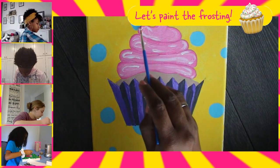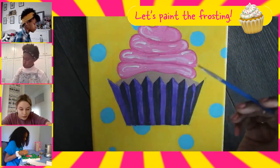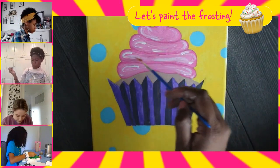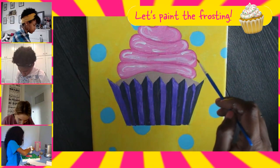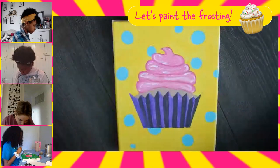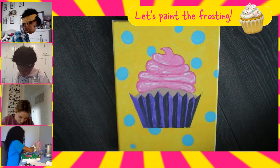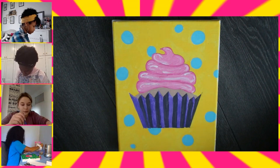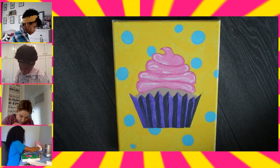Now, if your white has gone over a little further than you'd like, again, you can just take your pink, go back over it, and make any changes that you want to make. I don't really like to call them corrections because you didn't do anything wrong. This is your artwork. So I think I'm pretty much done with the accents that I want to do on my frosting. And so now